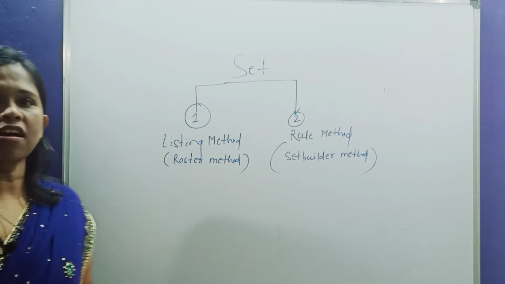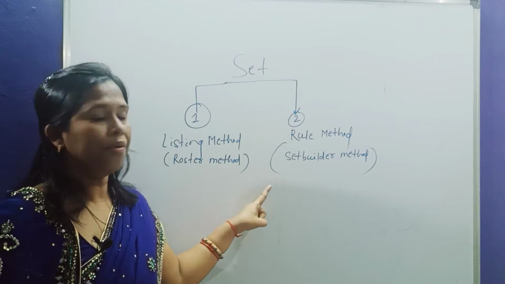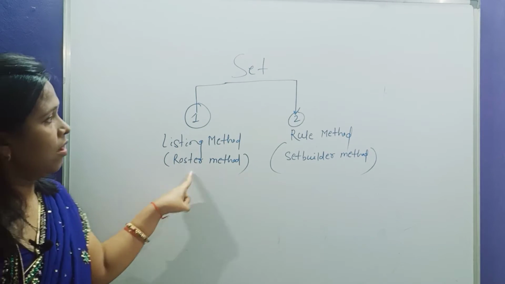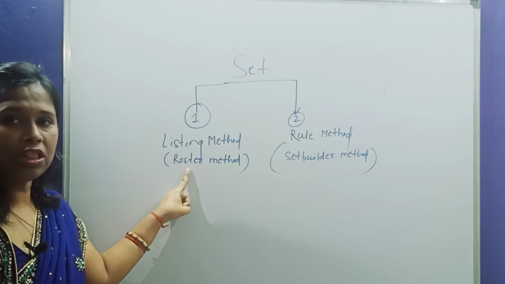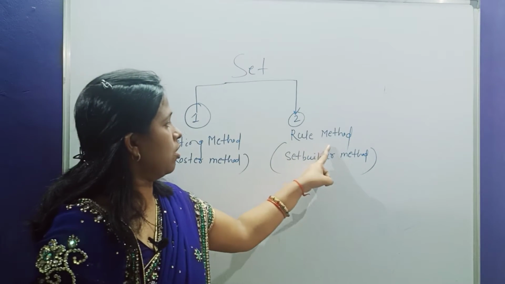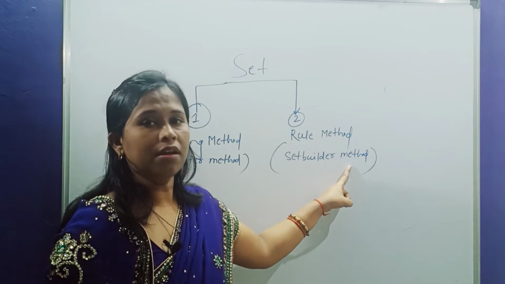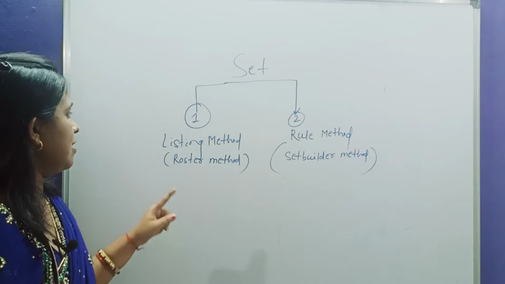Okay, so we'll now discuss the two methods. What is the listing method? What is the rule method? The listing method we also call the roster method, and the rule method we also call the set builder method. So let's discuss